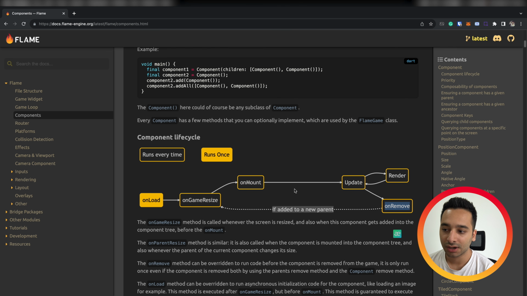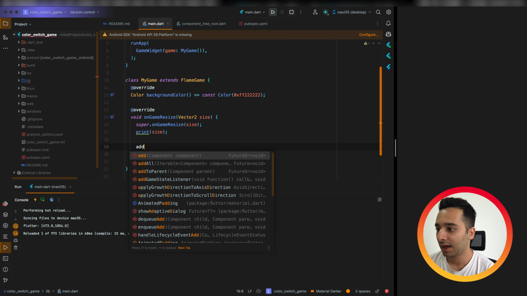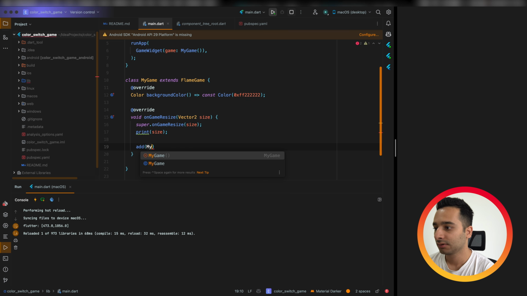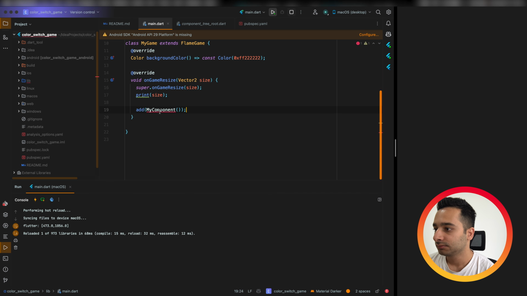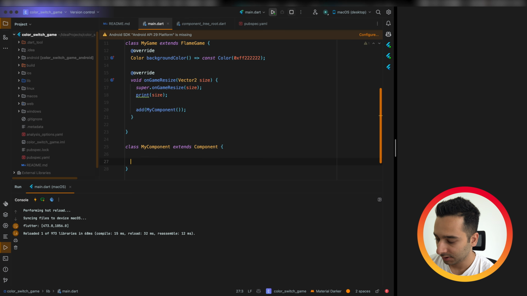These two methods are getting called when you add a component to a parent and when you remove the component from the parent. For example, when you call add and you add my component here, let me override the onRemove.